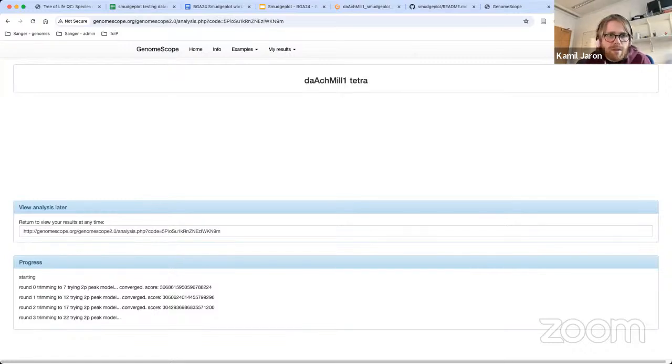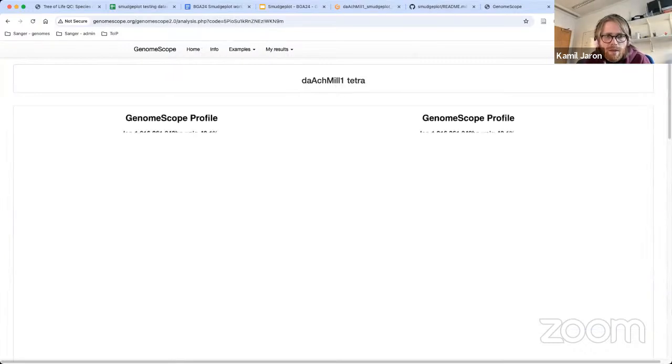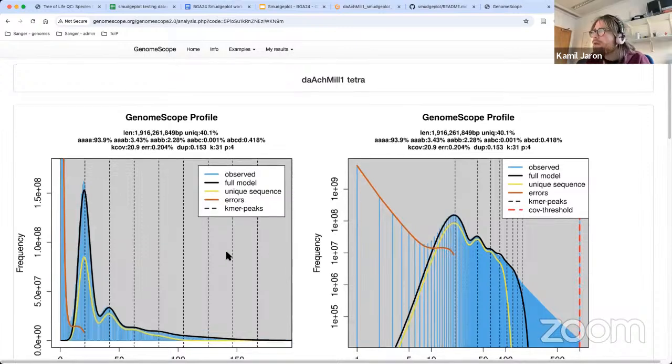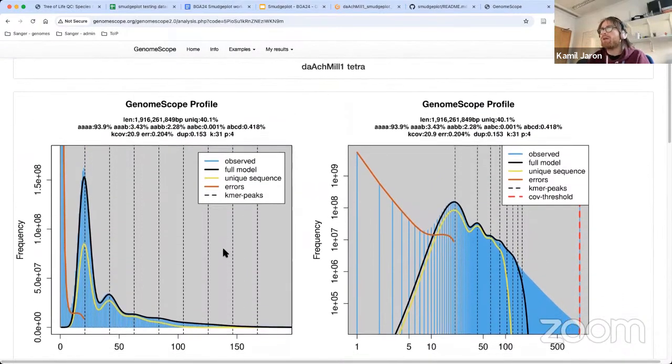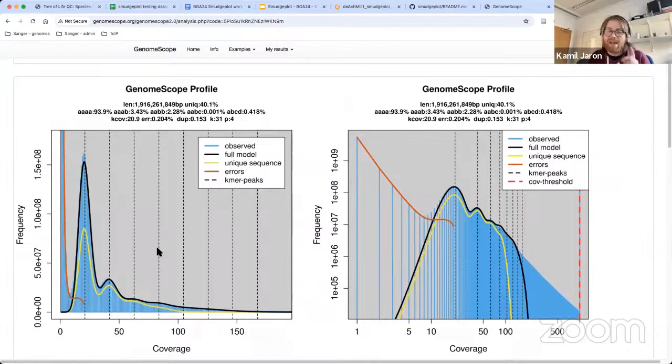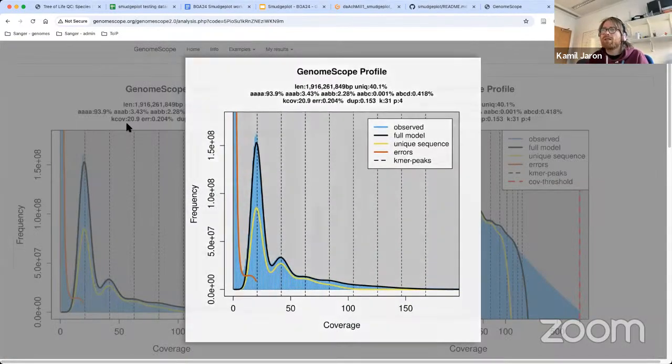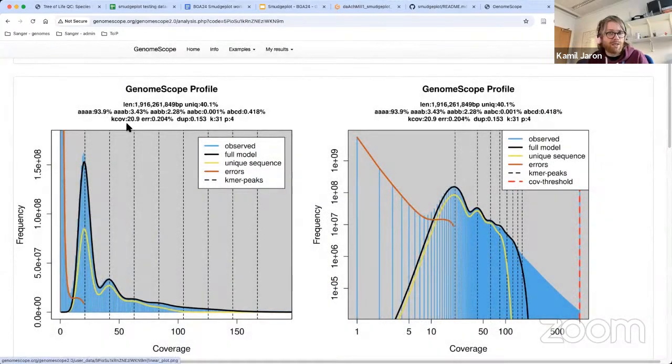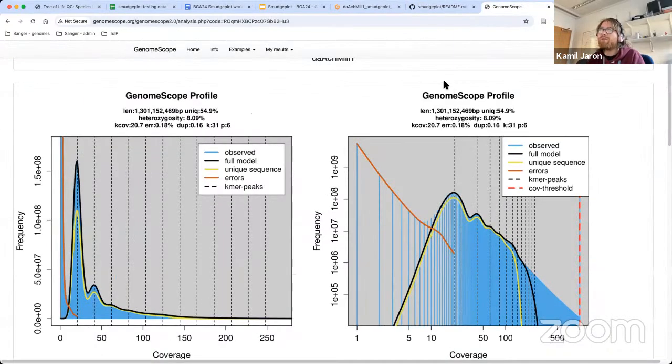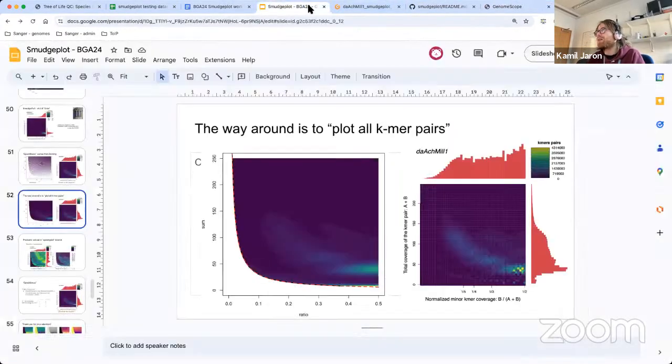There was a chat thingy I didn't see. Oh yeah, but this is the tetraploid. That also doesn't look like it. But again, look at this. It gives you two very distinct predictions on the haploid genome size. I'm pretty sure that if you actually assemble it, you will know immediately which one it is. But GenomeScope itself won't tell you. Smudgeplot is just giving you some idea that it will be something higher, because it's degenerated.